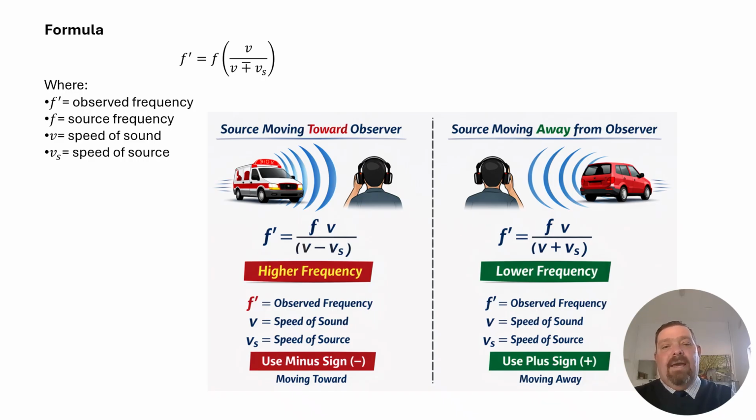Why the plus and why the minus? Well, the minus we use when the object is moving towards us, and the plus we use when the object is moving away from us. So I'm not going to use plus minus at the same time. I've got to figure out or be told the object is moving away or the object is coming towards me. If I know that, I know whether to minus the velocity of the object, the police car, the ambulance, or add the velocity. Remember that the V without the subscript, that's the speed of sound in air.